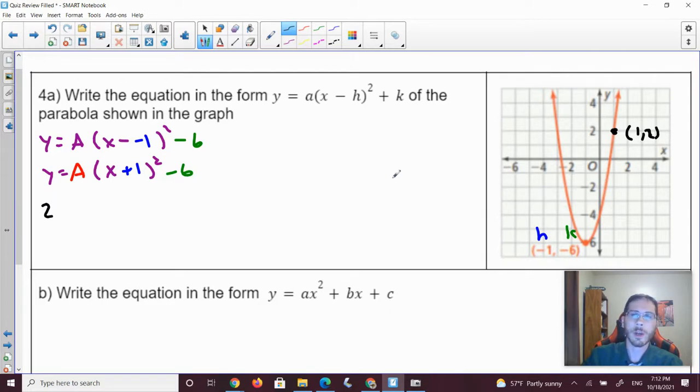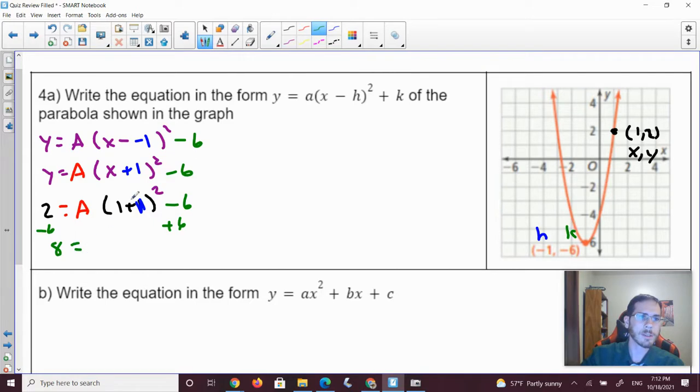So we get 2 for y. So let me label this again as x and then y. So 2 is y equals a (1 plus 1) squared minus 6. All right, same deal. We move the 6 over. We add 6 to both sides. So we get 8 equals a times